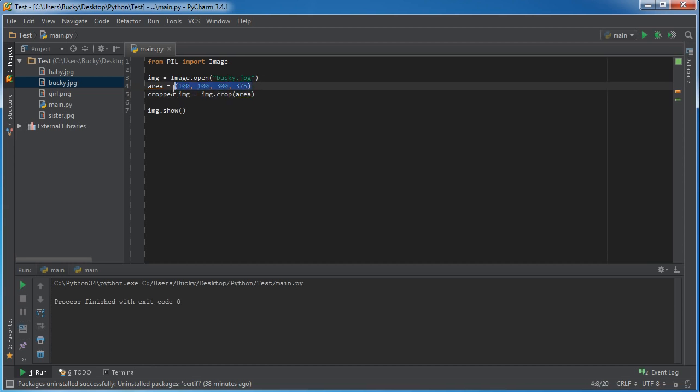You can actually throw this entire thing right in here without the need for the area variable, but then you have these double parentheses and it gets kind of messy, so this is actually the best way to do it. So what we're basically saying is take this original image of Bucky and crop out an area with these coordinates and store that new image in this cropped image. So now if we actually just show this,